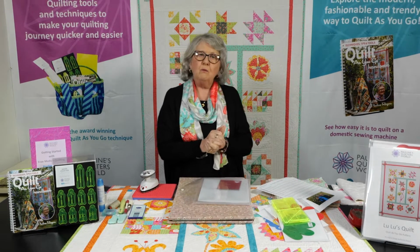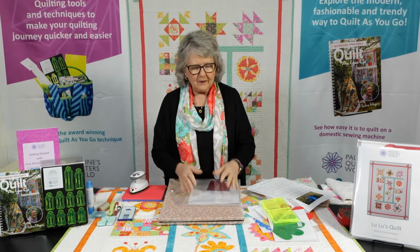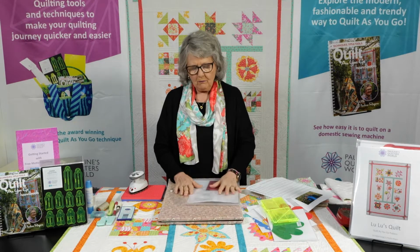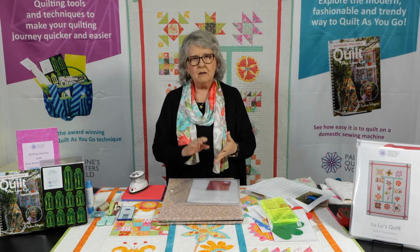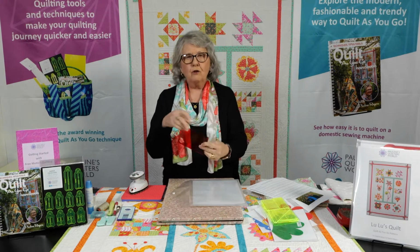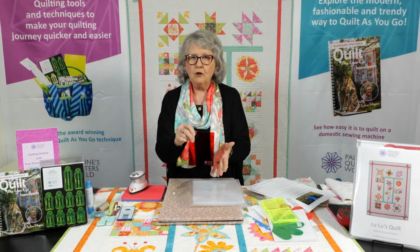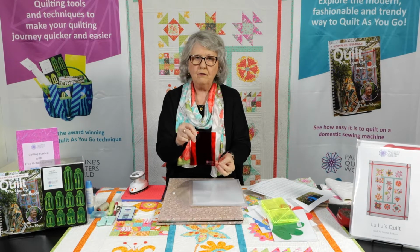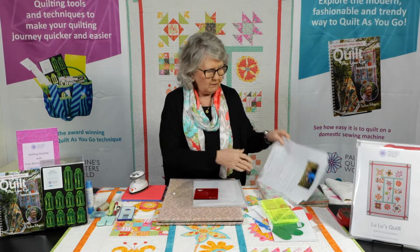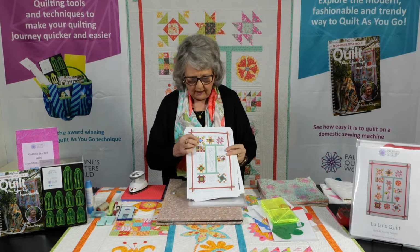Also, we want to teach you about balancing your colours, and that can be a real challenge for a lot of people, is what colours go with what? What is the right fabric to use? Because in a lot of patchwork we talk about lights, mediums and darks. So we have put in your colour balance tool in here, so we'll be able to teach you how to use this to put over the top of your fabric so you can identify what will be your light, your medium and your dark, because in some of your patterns you will see that it works best if you have